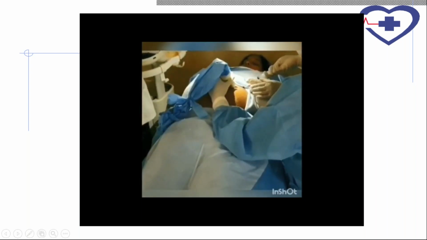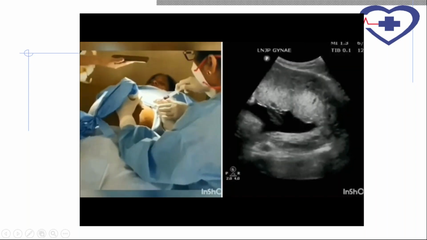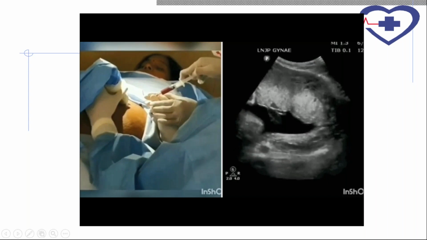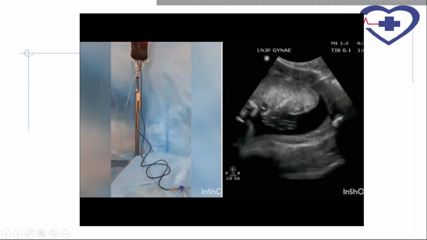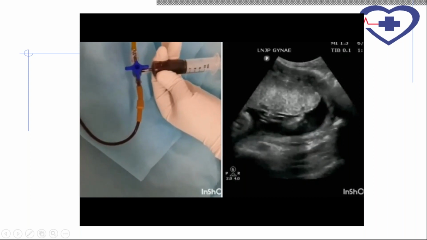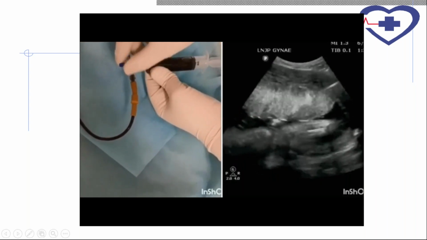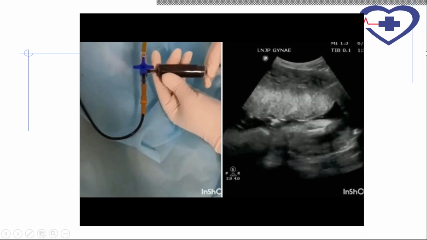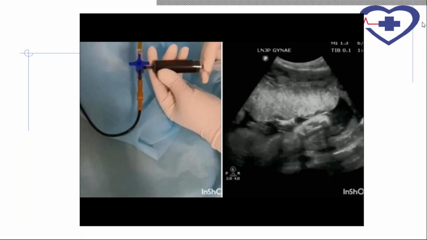Now we are going to remove the stylet and see. You can see the fetal blood is coming in the syringe. Can you see that? Now there is a question of how to check for fetal blood. We had sent that sample, and this sample is O negative leukodepleted high hematocrit gamma irradiated blood. We have aspirated that from the blood bank and now we will push it into the fetal circulation.